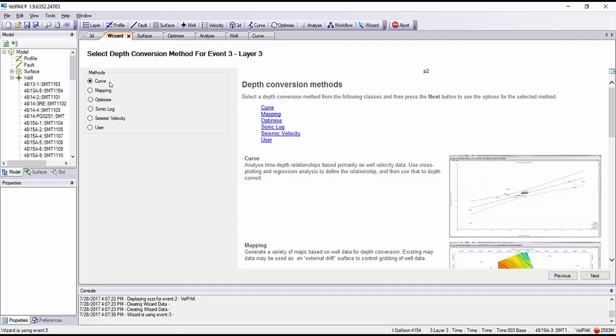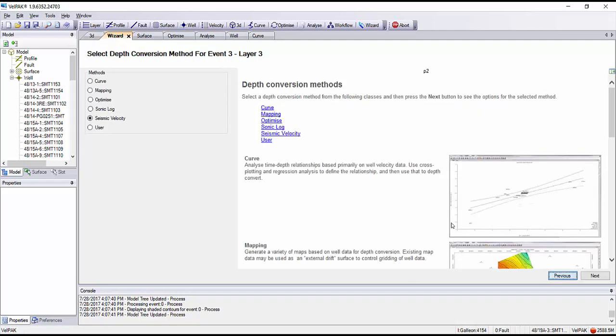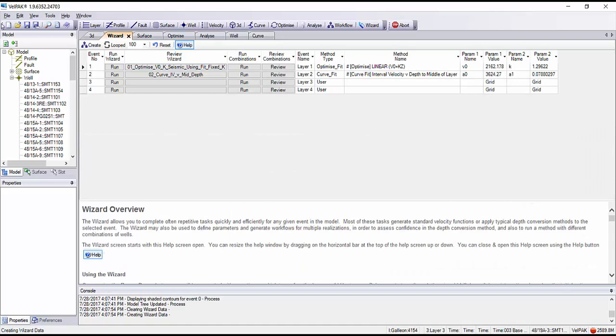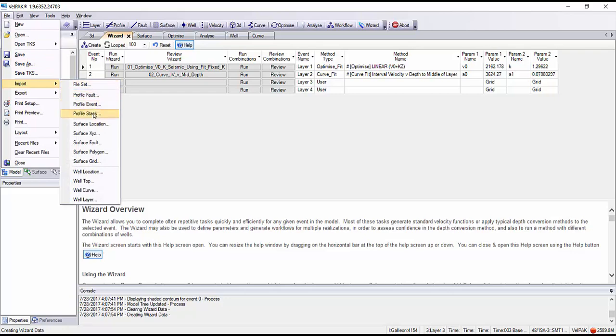On this layer, what we'll do is we'll have a look at some of the seismic velocity options. So I'll choose seismic velocity and press next. And you can see that the data has not been loaded, as I didn't do this in the first step. What we can do is press previous, and we can load the data manually. If I go to File, Import, and Profile Stack,